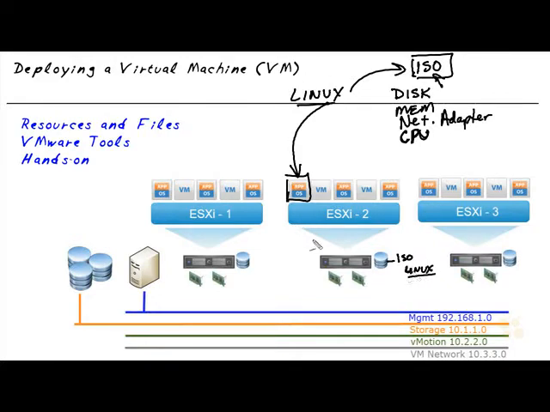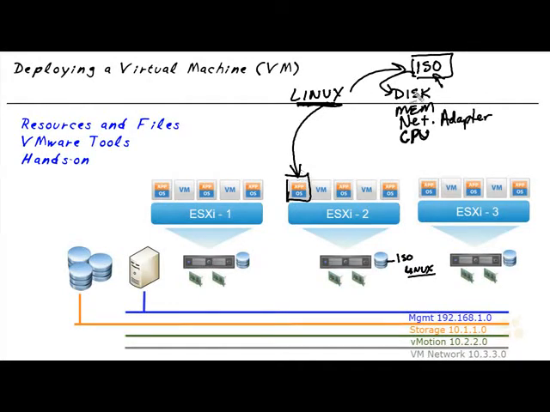Then the virtual machine boots up. It reads off of this ISO that's on the data store from ESXi2. From a guest operating system, it just thinks it's a DVD drive, and then we can do the install to the disk. Now, as we work with a virtual disk for this virtual machine, anytime the virtual machine is doing